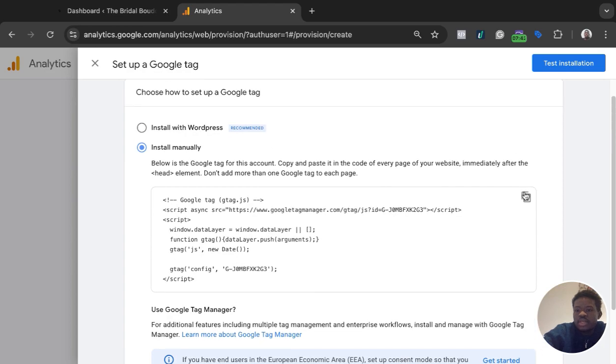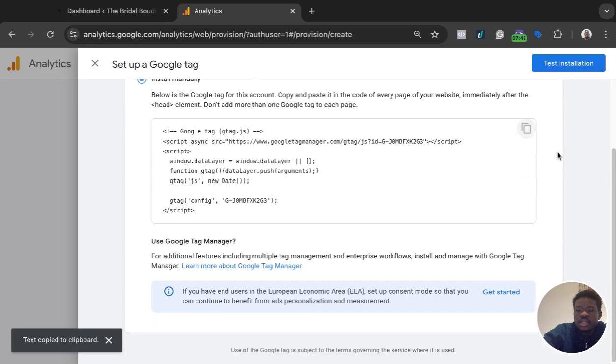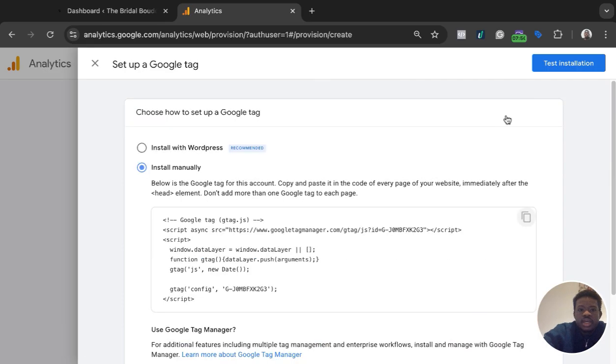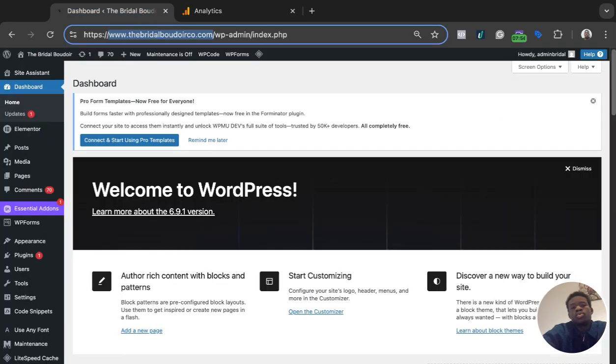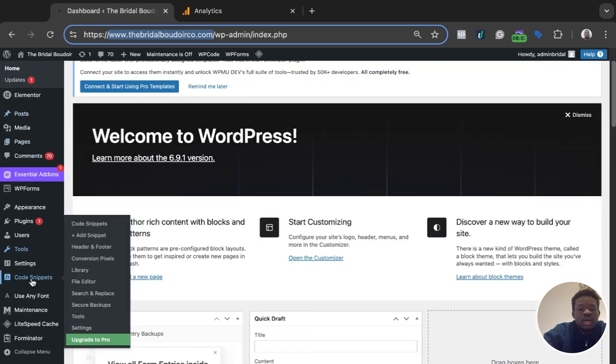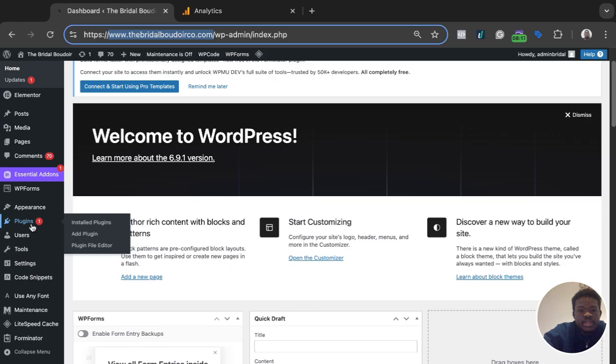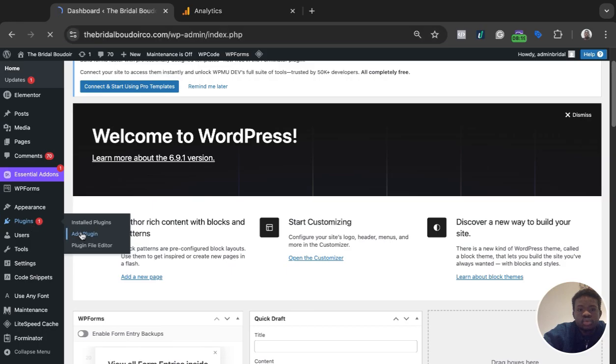So I'm going to copy this, and it's been copied, and I'll go to the website. I'm already logged in to the admin section of the website, and for this I'll be using a plugin called WP Code. This is the plugin. I already have it installed. If you don't have it installed, let me quickly show you